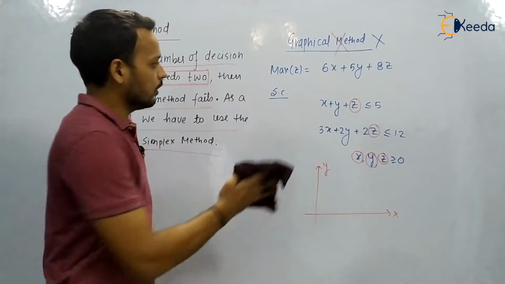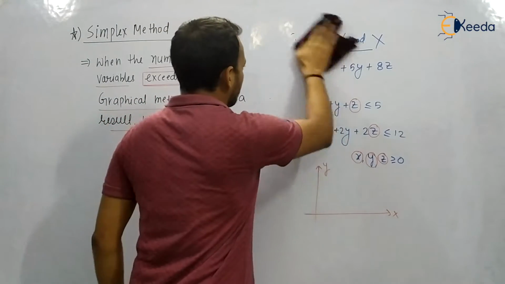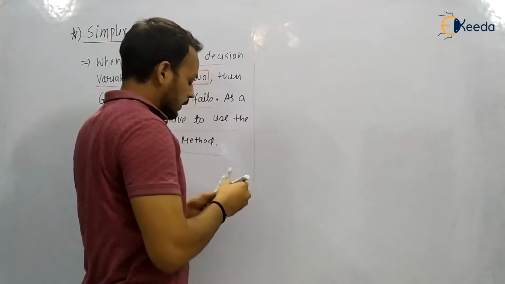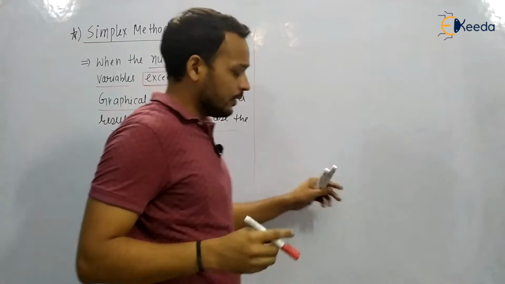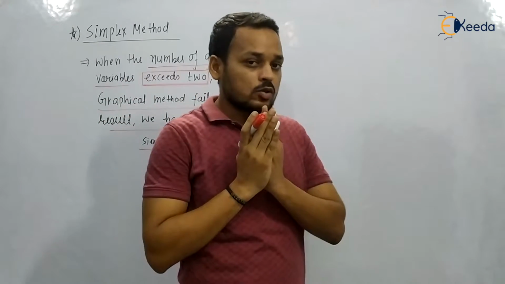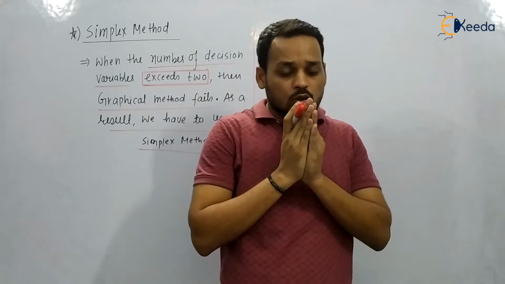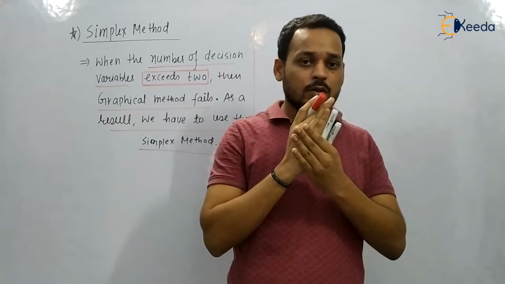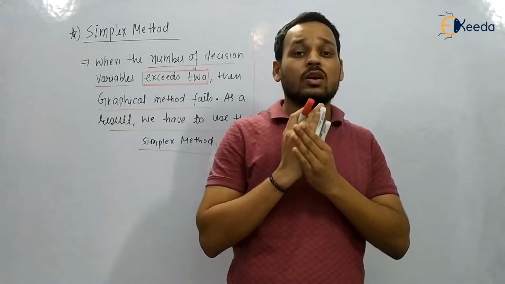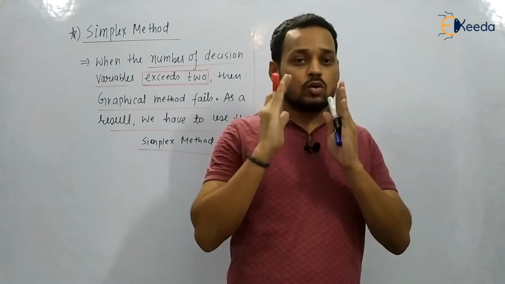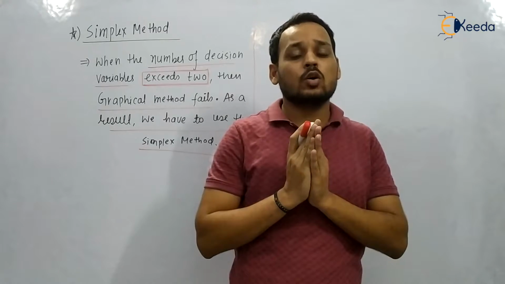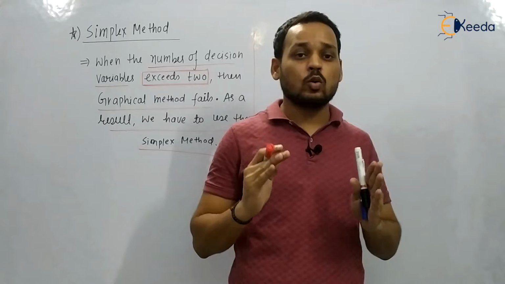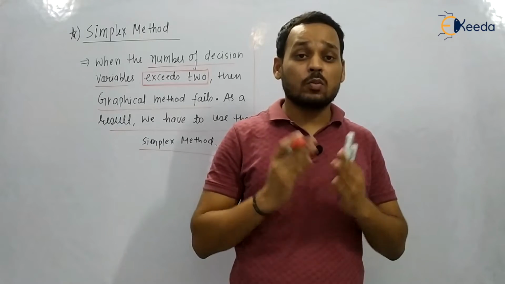We cannot plot it on the graph. And one more thing, from the objective point of view, linear programming does not consist of only 2 variables, it can be more than 2 variables. For 2 variables, our feasible region was a combination of lines. And if the variables increase to more than 2, it can be a combination of planes.